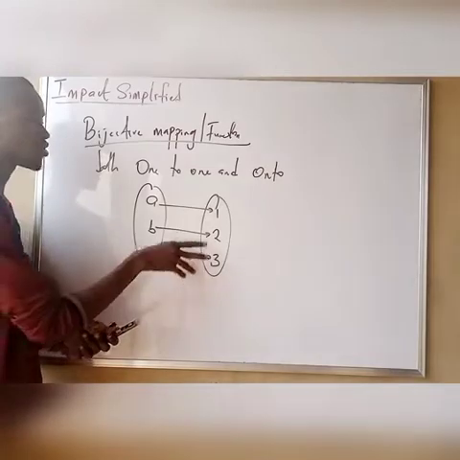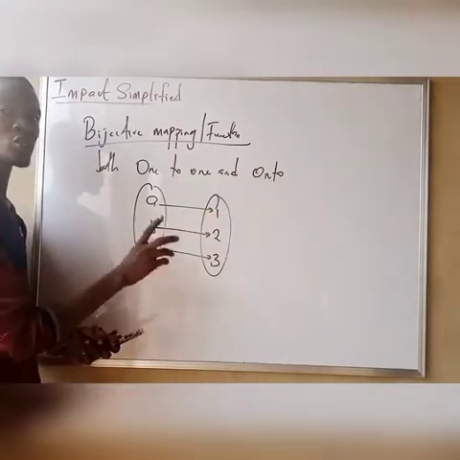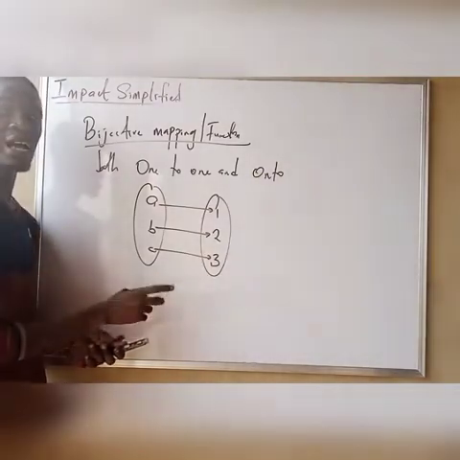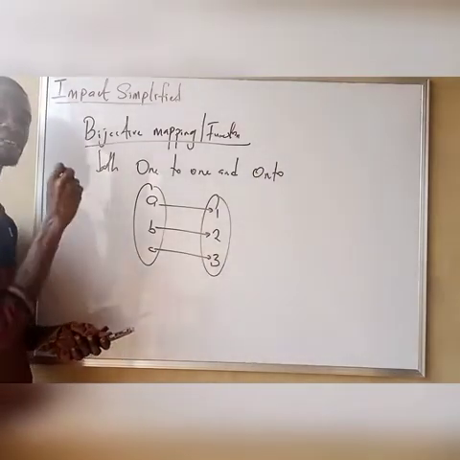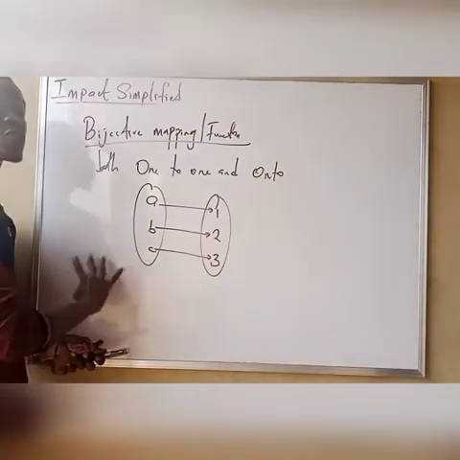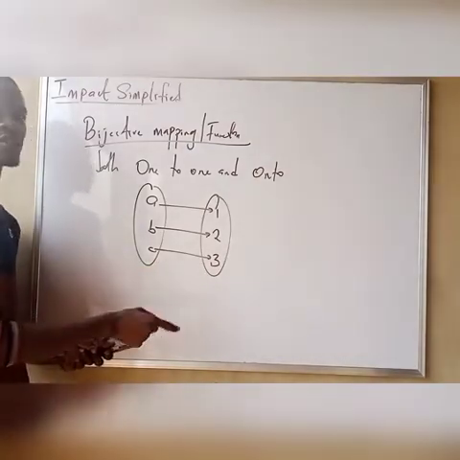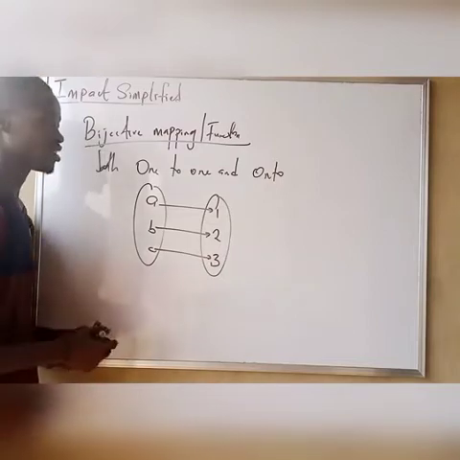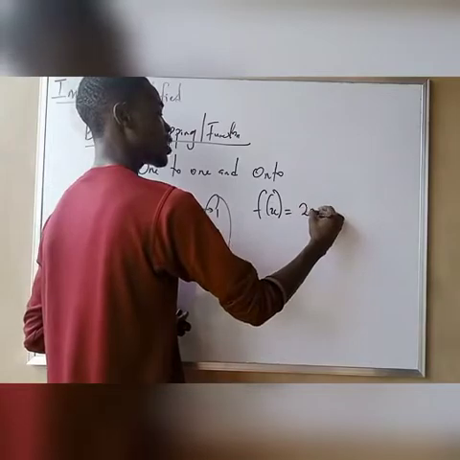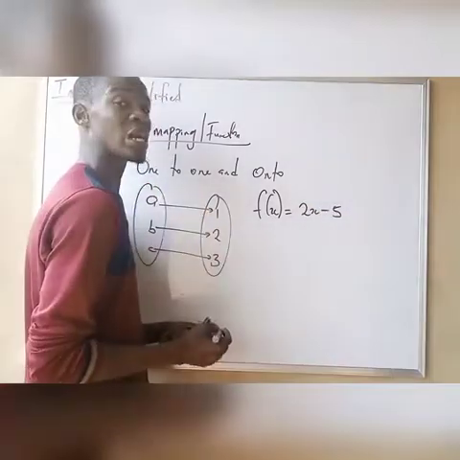And what is the meaning of onto? It is surjective because every element in the codomain is having at least a distinct element in the domain. So that means this function is what? Is both injective and both what? Surjective. And also, if you look at the previous examples we have been solving, we look at f of x